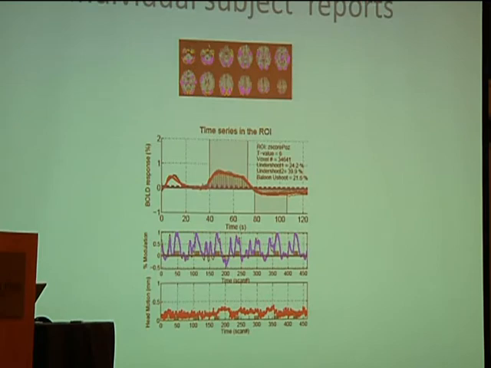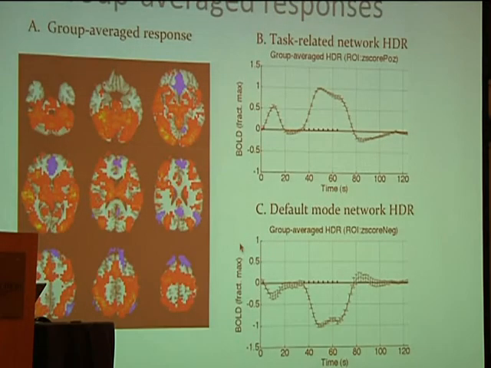So, this is an example of one subject. The fMRI data is quite noisy, and so it requires multiple repetitions. And after averaging a group of controls, first I'm going to show activation patterns in healthy control subjects. So the red areas are voxels which responded in phase with the task. So when the subject was performing the task, in all the areas which are red, there was an increase in BOLD